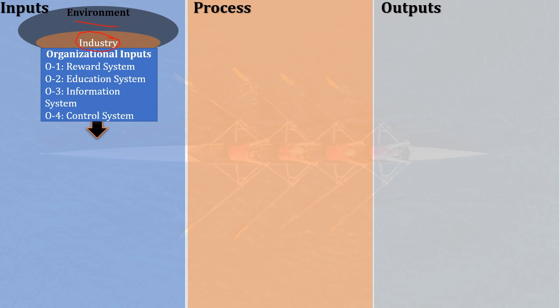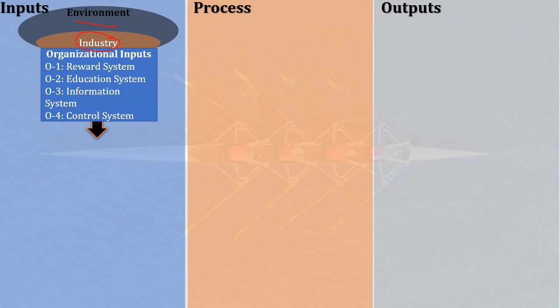Second is education system. Education system involves what kind of qualification is required to join that particular organization. Secondly, how the training and development happens within the organization, how the organization teaches skills to its employees. So all these things will come under education system. Then third one is information system. That means how is the information flow, how information is gathered and disseminated to each and every person who requires it. That is called as information system.